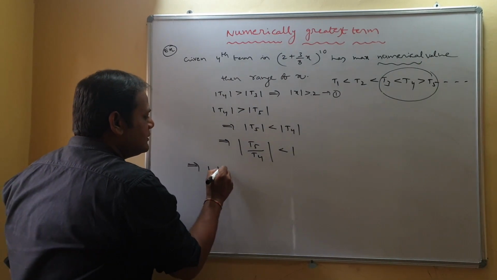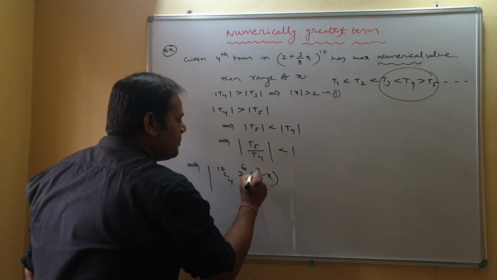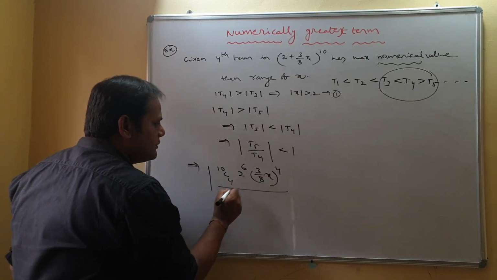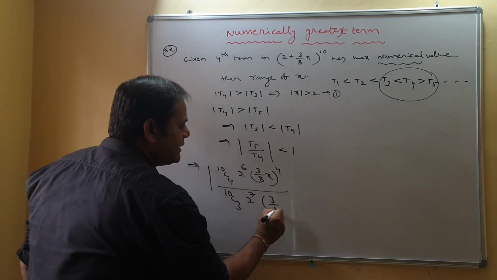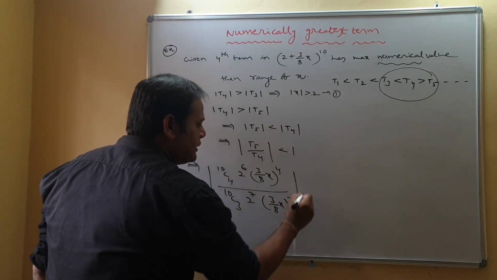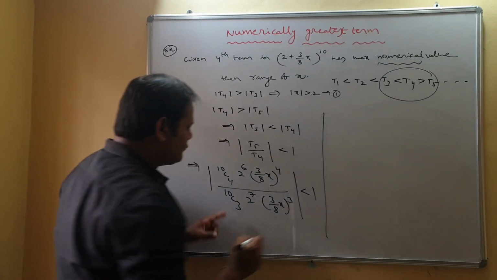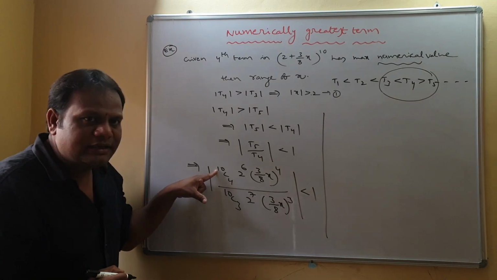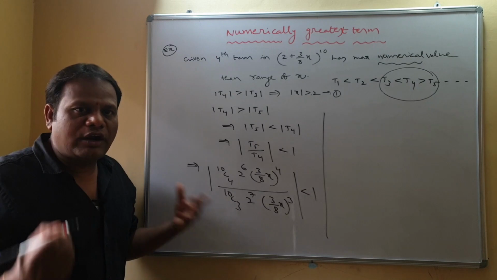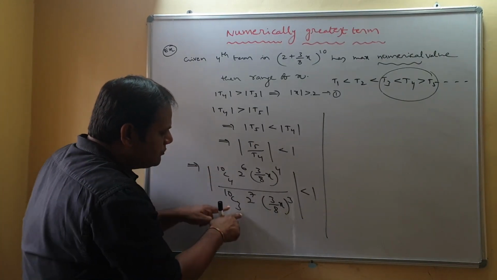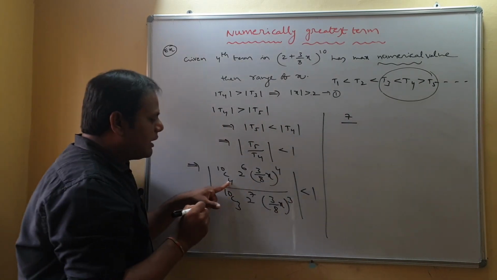That is 10C4 2 power 6 (3 by 8x) whole power 4 by the fourth term 10C3 2 power 7 (3 by 8x) whole cube is less than 1. Is it? So again you have to simplify this. See, it is like NCR by NCR minus 1. So what we do? This top value minus this bottom value, that is 10 minus 3, 7 by R value, that is 4,